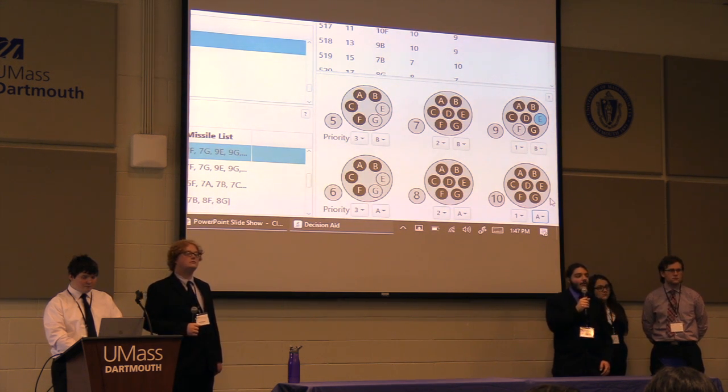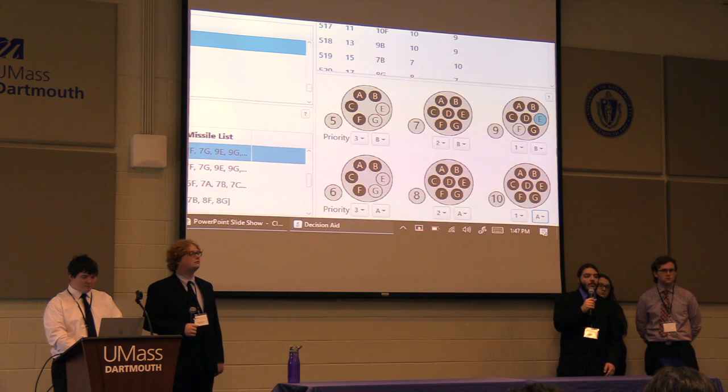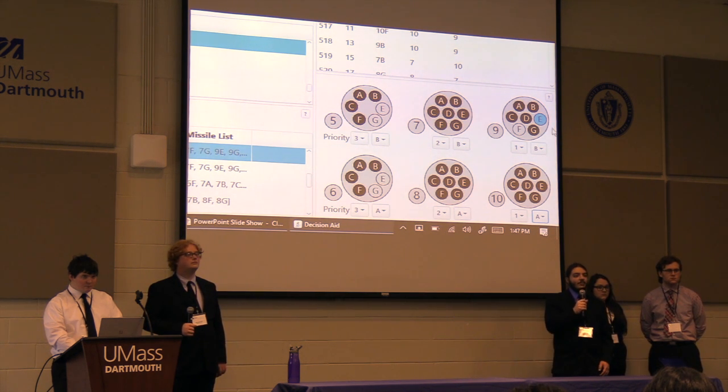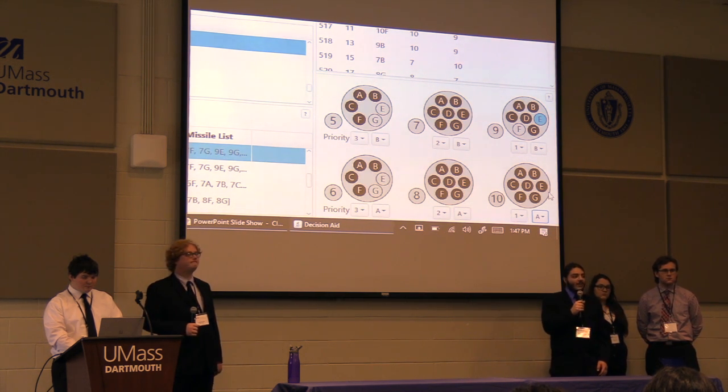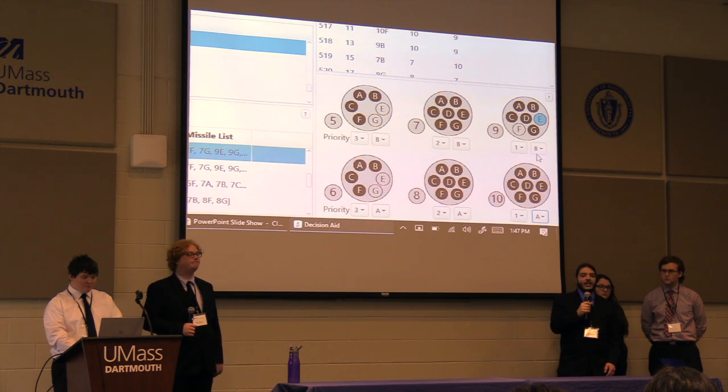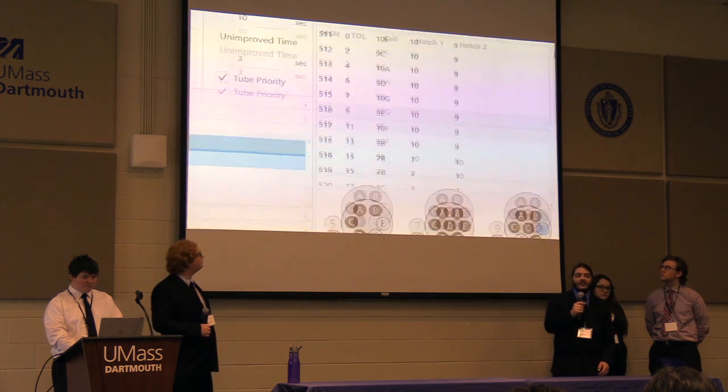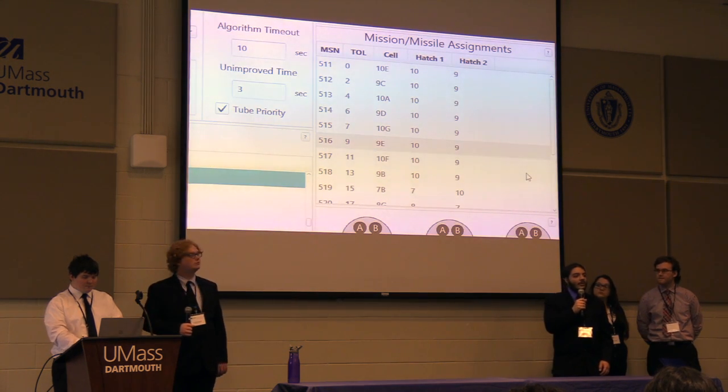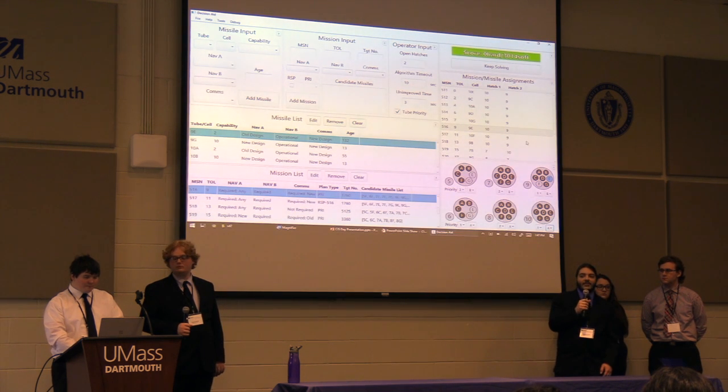priority 1. However, it's going to alternate between these tubes because they have different secondary priorities, and it's going to start with tube 10 because it's A instead of B. And as you'll notice in our solution, that is the case. Now, that's the only one of our constraints that you can really see just by looking at this output table,